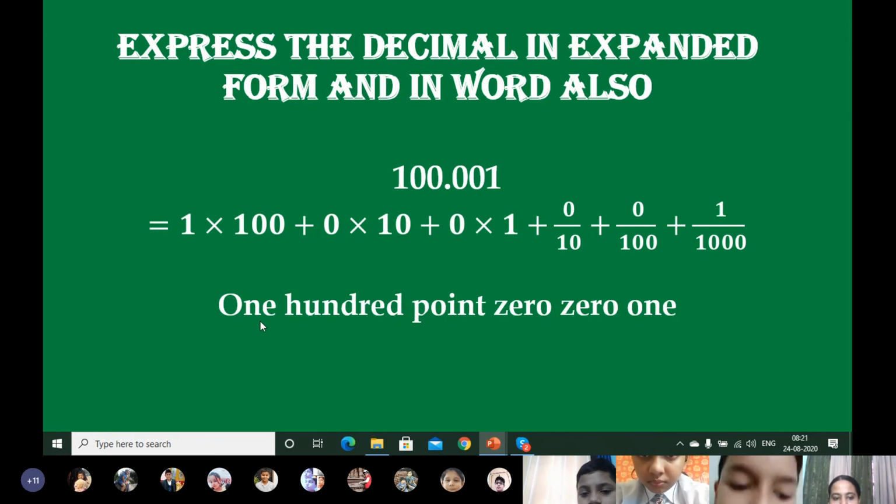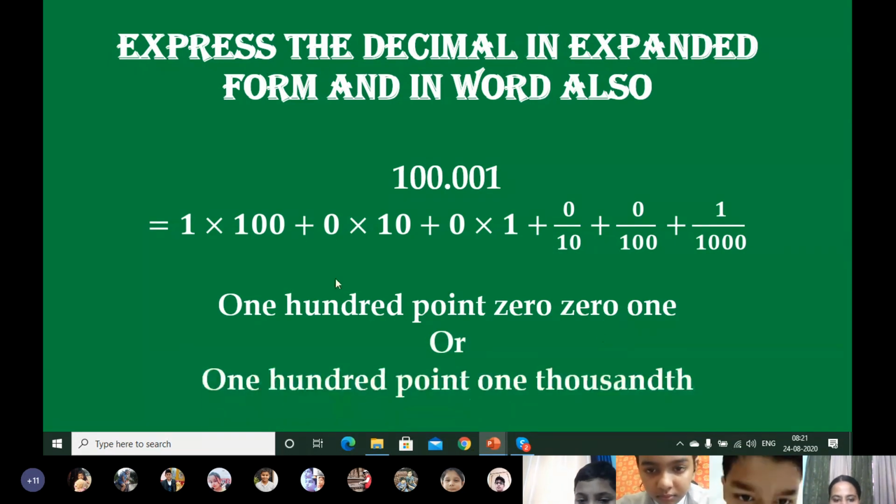The first method you can see here: 100.001. This is the first method, or you can write it like this. 100, same, I have not changed this one. 100 is as it is, as we write in the case of whole numbers, natural numbers and everything. But after the decimal portion, we can write it as point. Since only one number is in the thousandths portion, we write it as thousandth. It's up to you which method to use. I've shown you two methods of writing a number name. Am I clear?